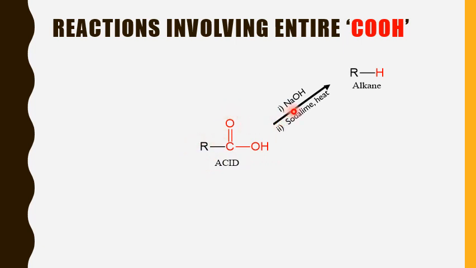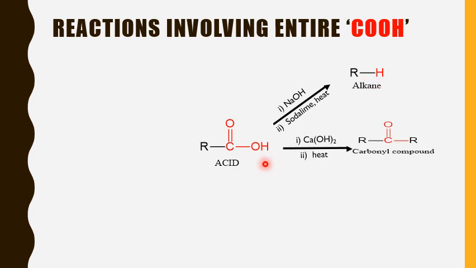And this sodium salt of carboxylic acid, upon heating with soda lime, which is a combination of sodium hydroxide and calcium oxide, will give you decarboxylation. That means this CO2 group will be eliminated. Hence, only RH will remain. Here, the entire COOH group, so the COO group, is involved in the reaction. So, upon decarboxylation with soda lime, the sodium salt of carboxylic acid gives you an alkane.